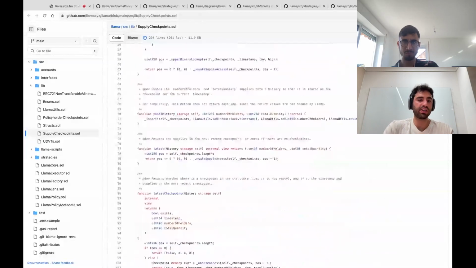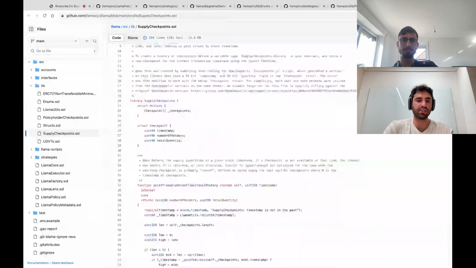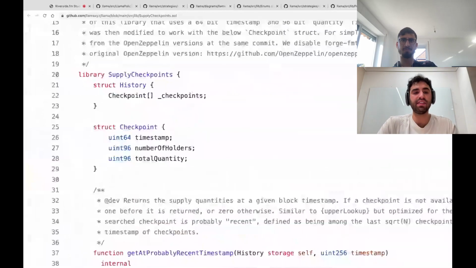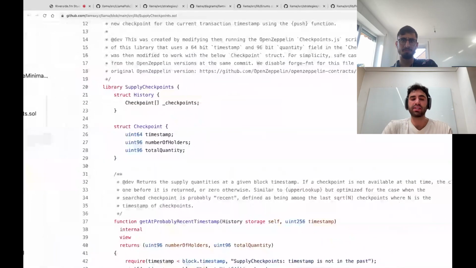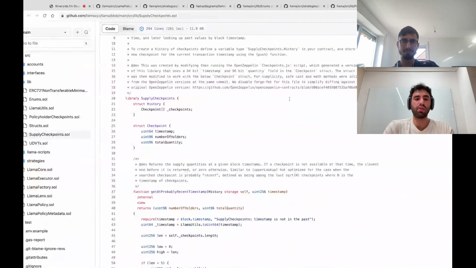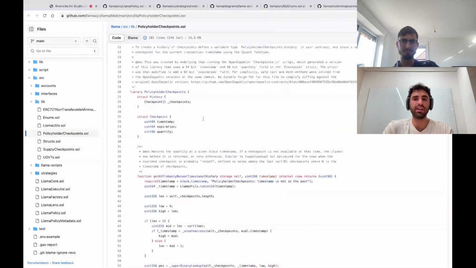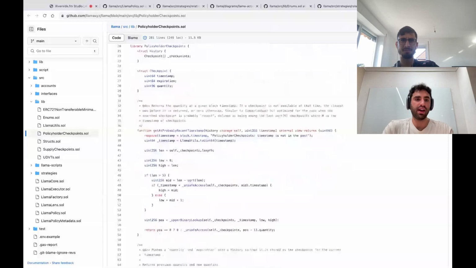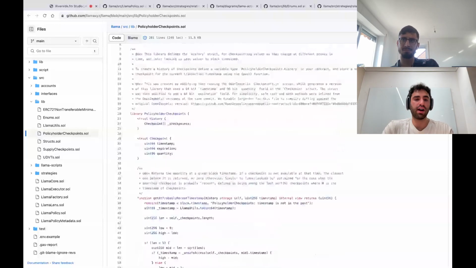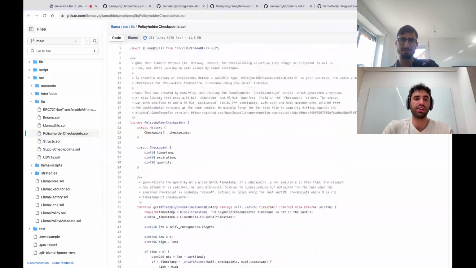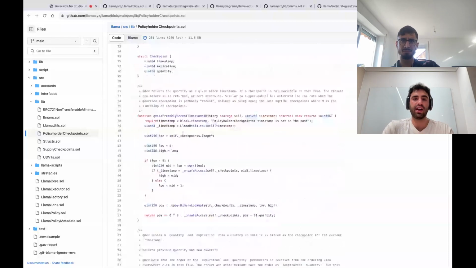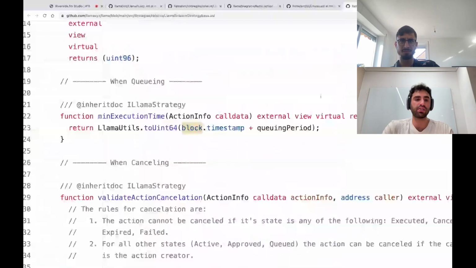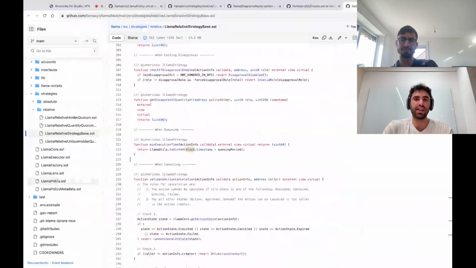It's really cool code to analyze, you can see some on-chain binary search happening here. Basically, at any given timestamp in our supply checkpoint for a given role, what is the number of holders and the total quantity of that role, and for our policyholder checkpoint, what is the quantity of that policyholder's role and the expiration date of that policy.